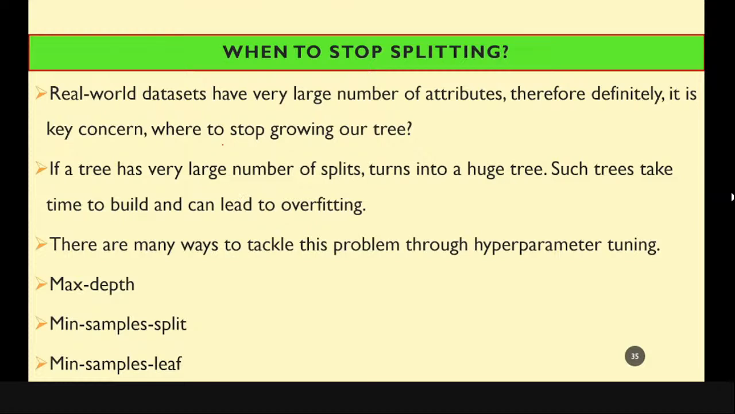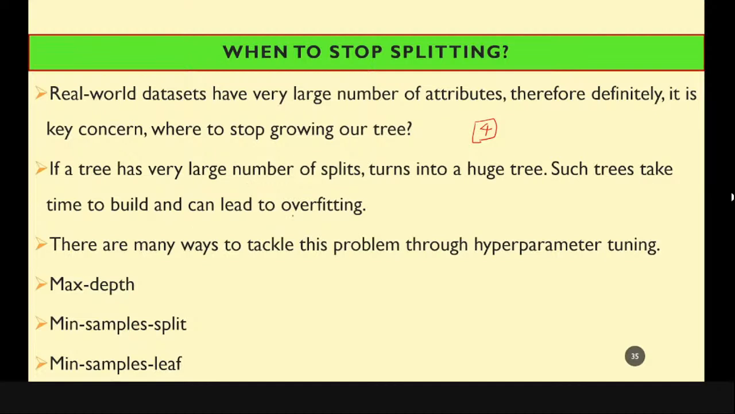But many times, in real world data sets, we have a very large number of attributes. In the previous data set, there were four attributes only. But when we have a very large number of attributes, then the stopping criteria is definitely going to be a key concern. How? Because a large number of attributes will require a very large number of splits,